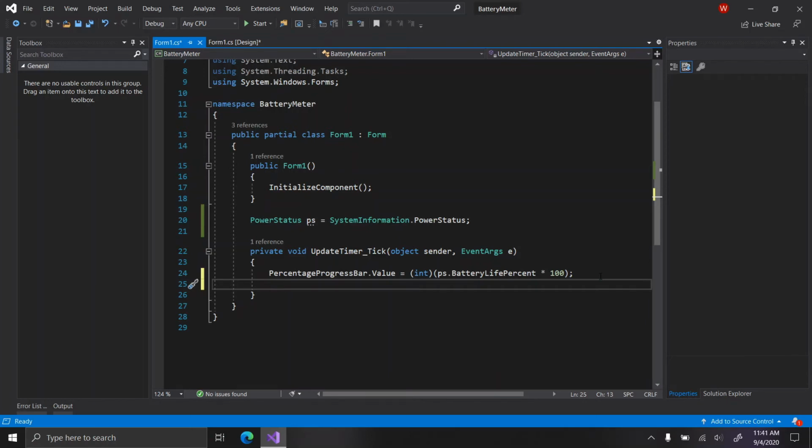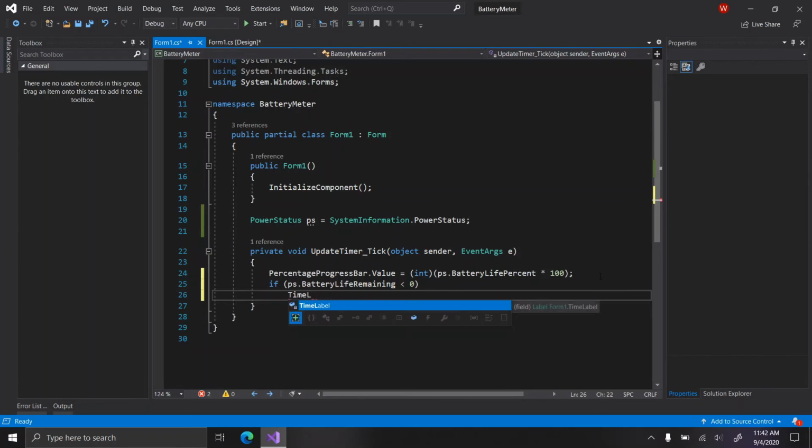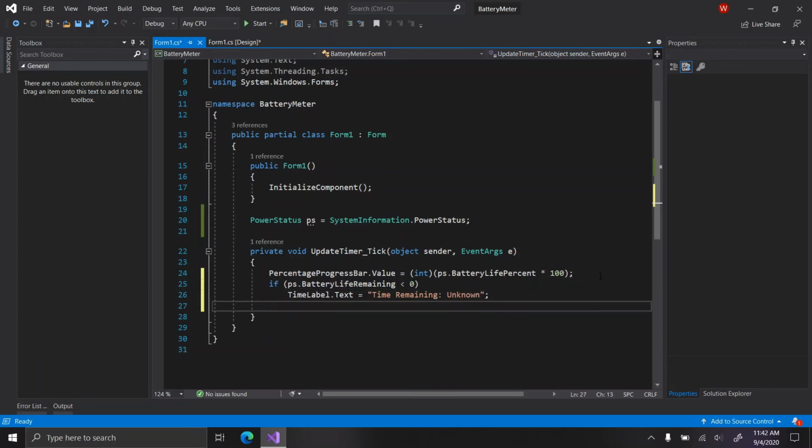Next, if PS dot battery life remaining is less than 0. That's what I was talking about earlier, it would return -1 because I'm plugged in. Then time label dot text equals time remaining unknown, else